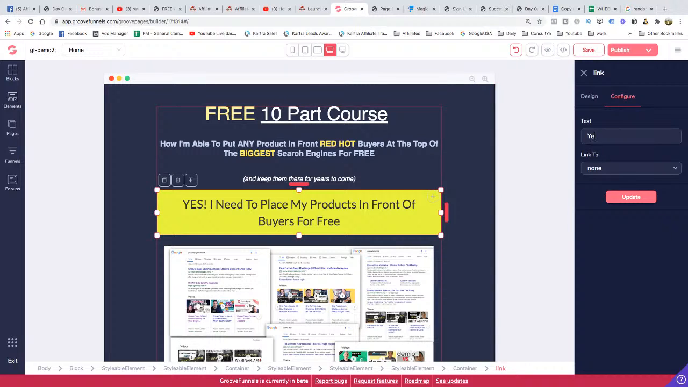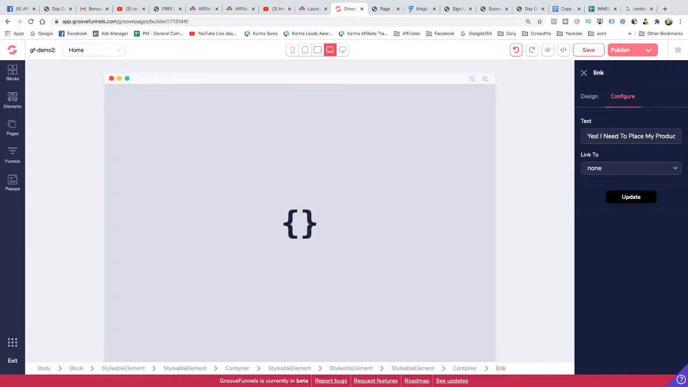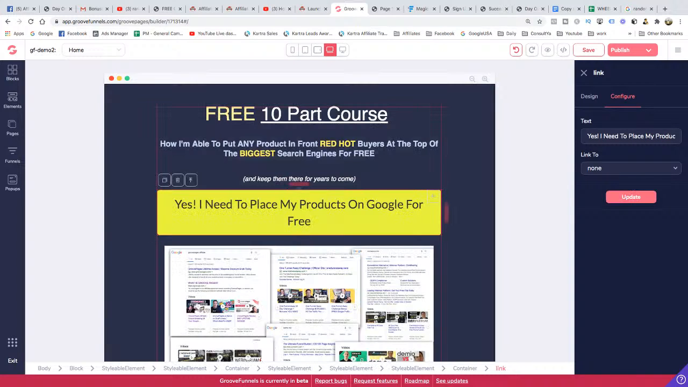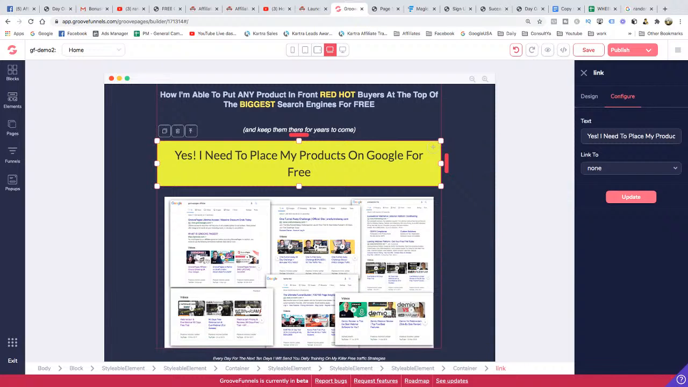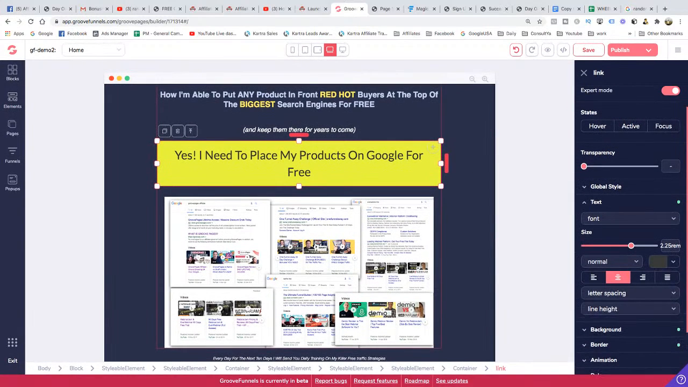So I'm going to put, yes, I need to place my products on Google for free. Okay, and then I'll update that, and then when I do the link, it should be okay because the text is already done. So it won't say text. Quite often when we transfer pages over, it just puts the word text in for things like buttons. And obviously what we want to do here for the actual size is just make that,